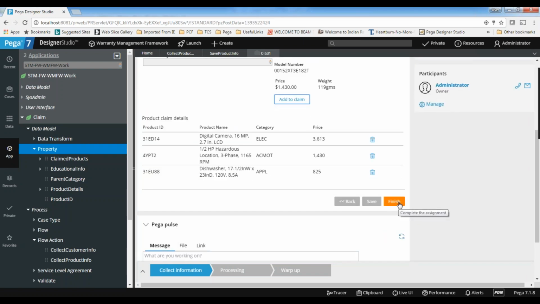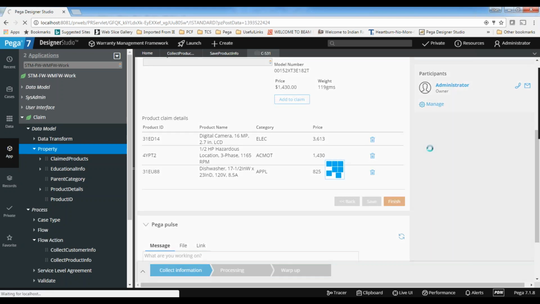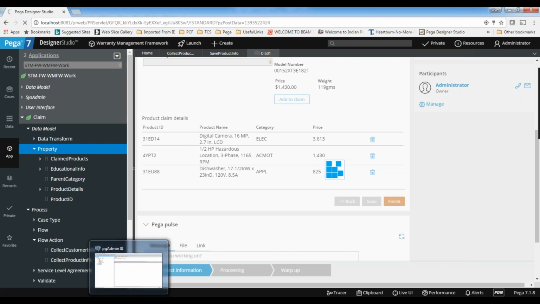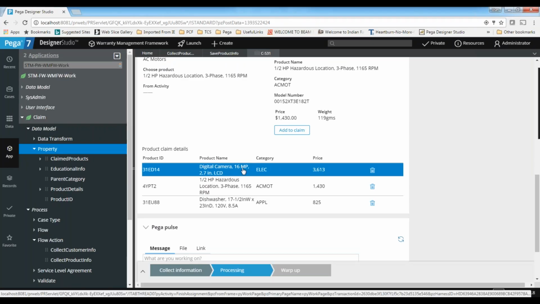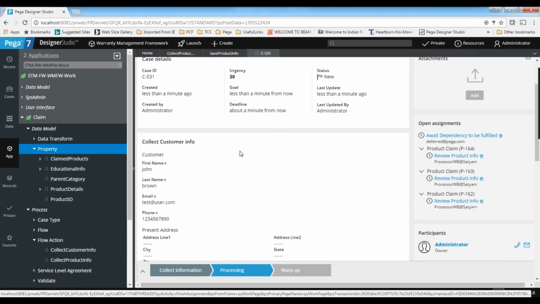So when I click finish, internally the activity will be executed. So you can see the data will be persisted into the database. Now let me open this data. See, still executing. Yeah, it's created.